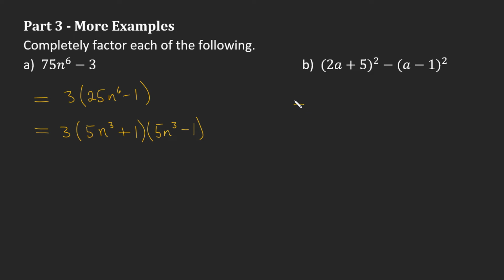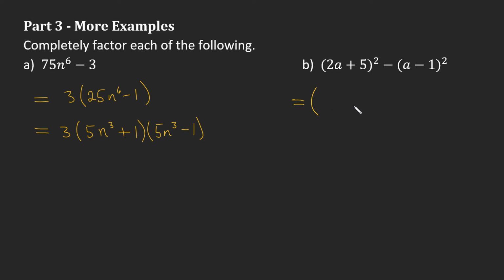I don't see a GCF, but I have a binomial squared. My instincts tell me to expand that out, and I have another binomial squared here, and my instincts say to expand that out, but I have not been asked to expand. I've been asked to factor. What we really have is a difference of two things that are squared. This is a difference of squares,